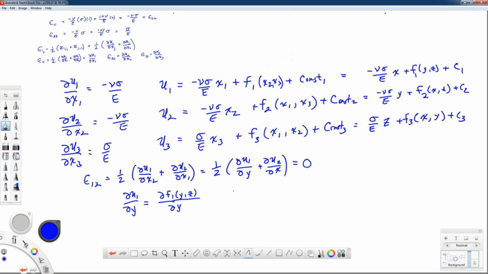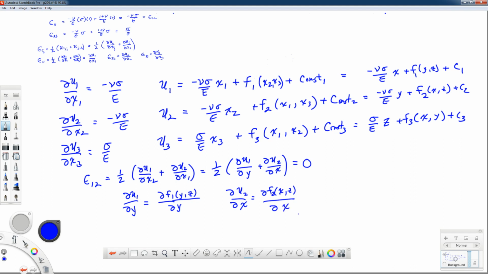And then my second term is going to be the partial derivative of u2 with respect to x. Now look at the second line here, partial derivative of y. The y term with respect to x is 0. The constant term is 0, and then I'm going to have a partial derivative of f2, which is a function of x and z with respect to